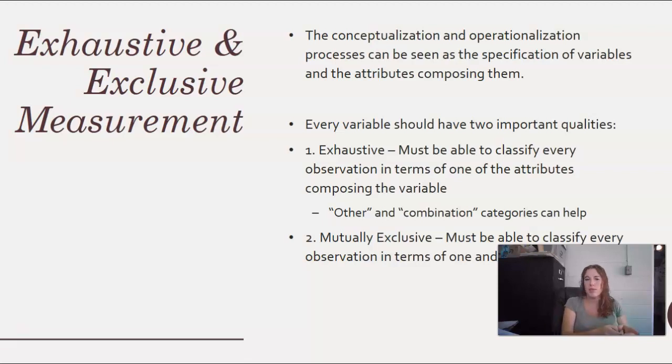Because where do we put them? Do we put them in the prison category or do we put them in the fine category? We don't want to count them twice because then it's going to look like we have more measures than actual people in our study, and that's not accurate. So for this example, it would be best to include another category. So we could have prison only, fine only, both prison and fine. And so this way, that person has somewhere to go. And that's just showing another level of our attribute, which again helps with the exhaustiveness too. So every good variable is going to have these two qualities at the bare minimum.